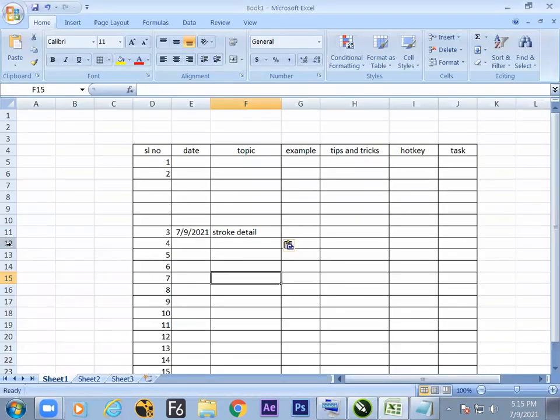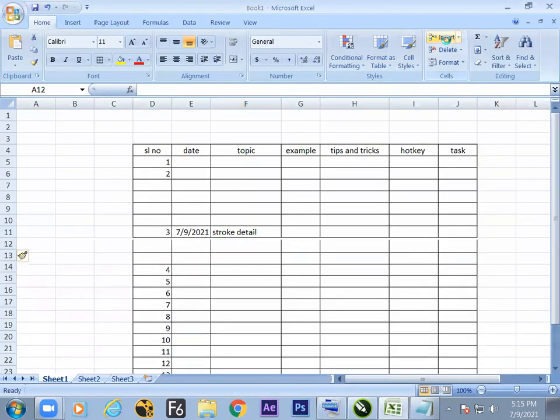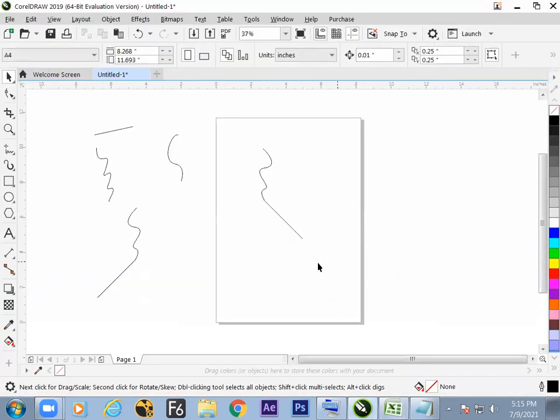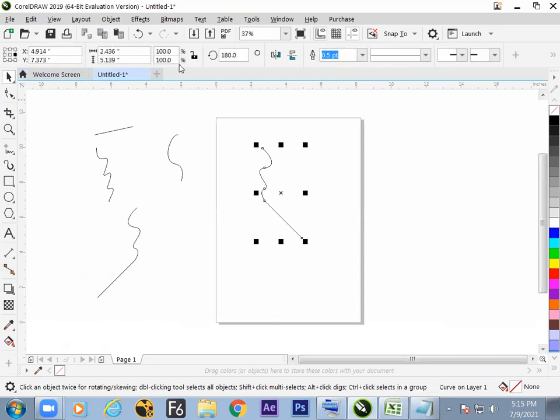So let us make more points. What is the first property of the line? Thickness. Then color, then style. So these are the properties of a line. Let us see how to change them. The option bar is there to change the thickness here. Click over there and get it changed. So hope we know how to change the thickness of the line.